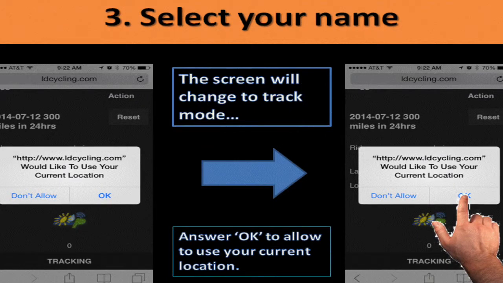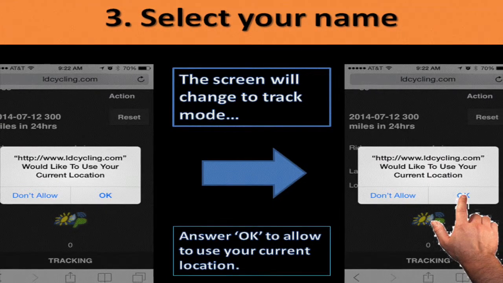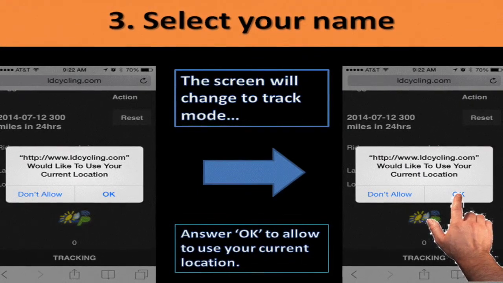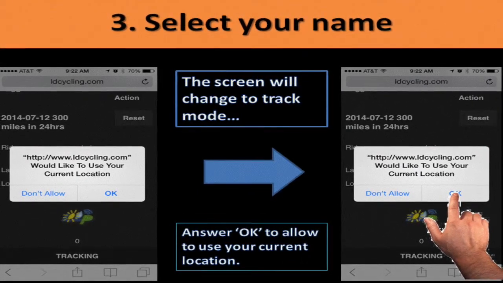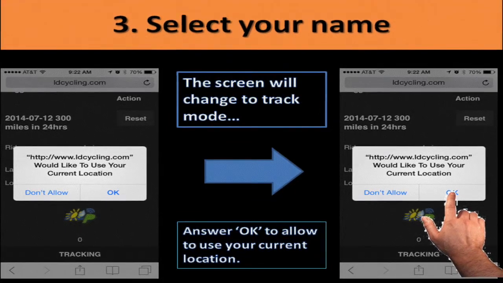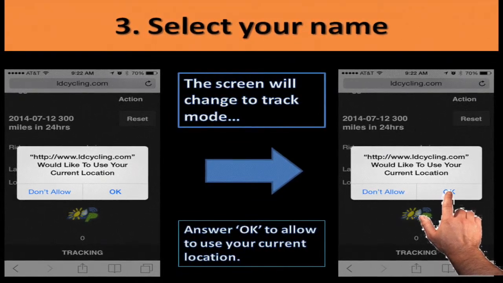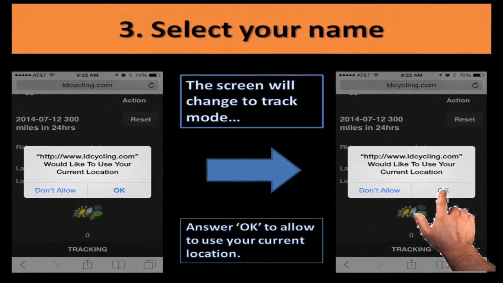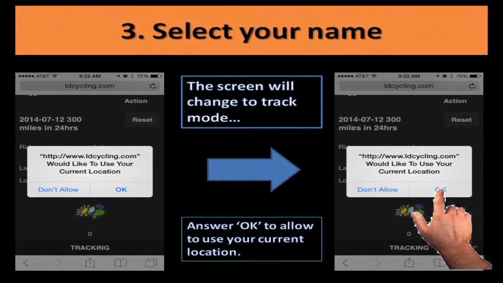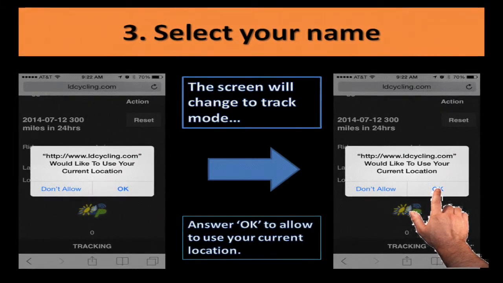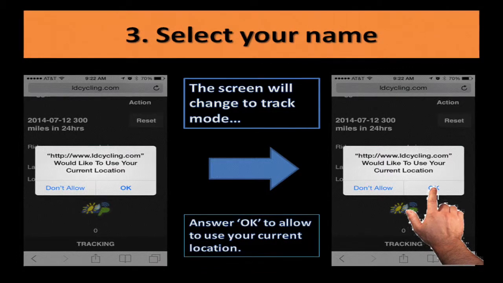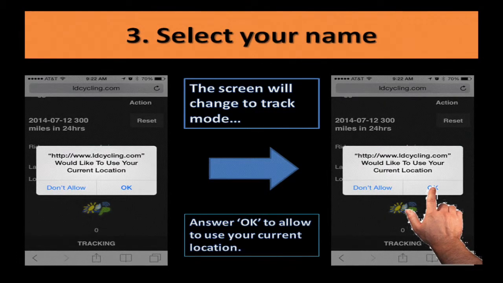After an instant, the web app will ask for your permission to use your current location. Answer OK. That is it. You are now tracking. Your location is now being reported to the main website counterpart. There are a few things you might want to verify until you get familiar with the Track My Ride web app. Once you get familiar with it, all this procedure will be really fast and take no more than 2